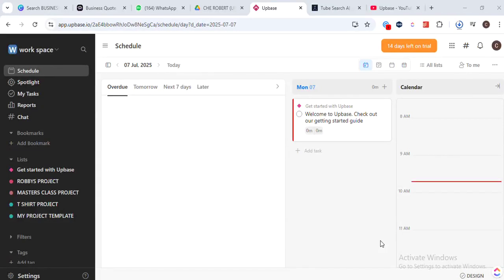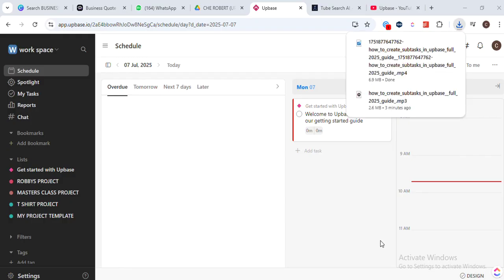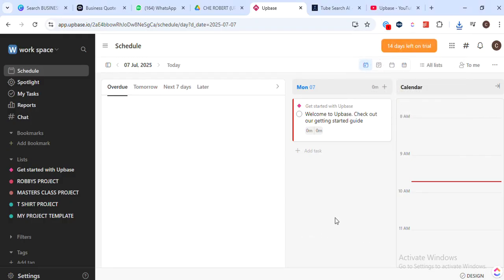Today we're diving straight into how to create tasks in UPBASE, the leading project management tool in 2025. To start, log into your UPBASE account. If you don't have one, it's easy to create one. Just follow the prompts on the screen. We begin with this step because it's essential to have access to the platform where we will create and manage